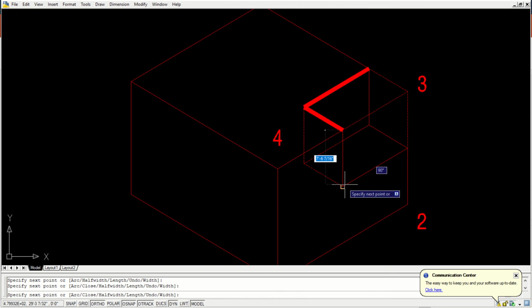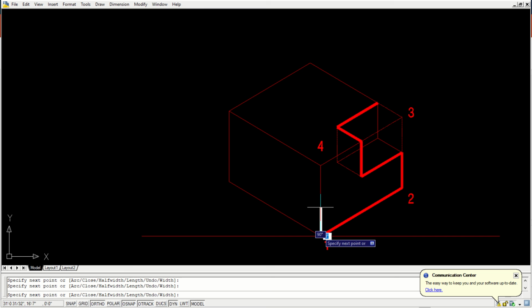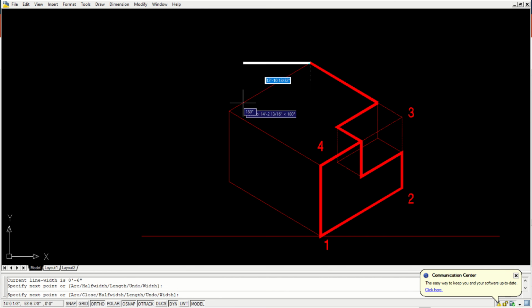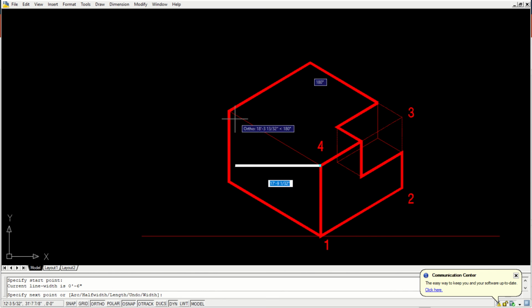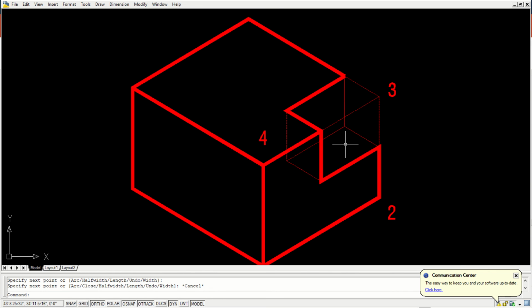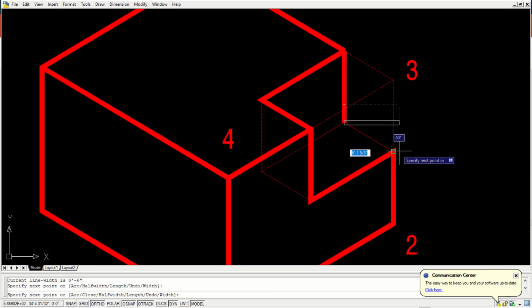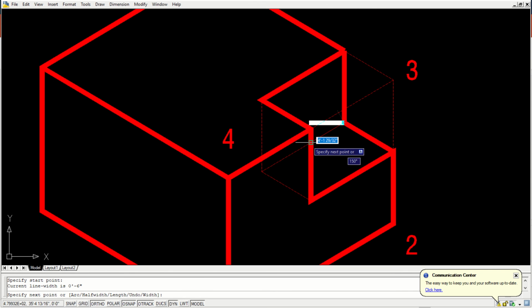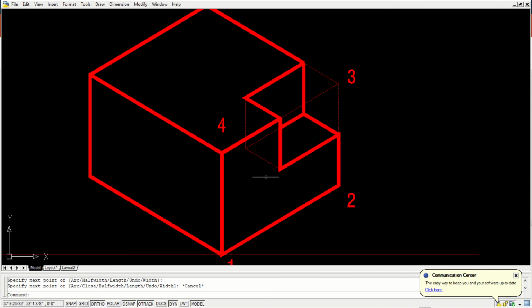Now I'll darken this part because this is what our actual 3D is all about. Okay. Yeah, this also. Yeah, this is how it is. These are all construction line to complete it.